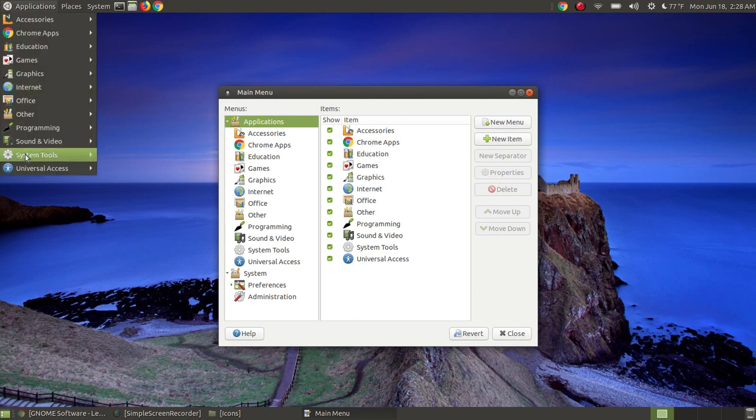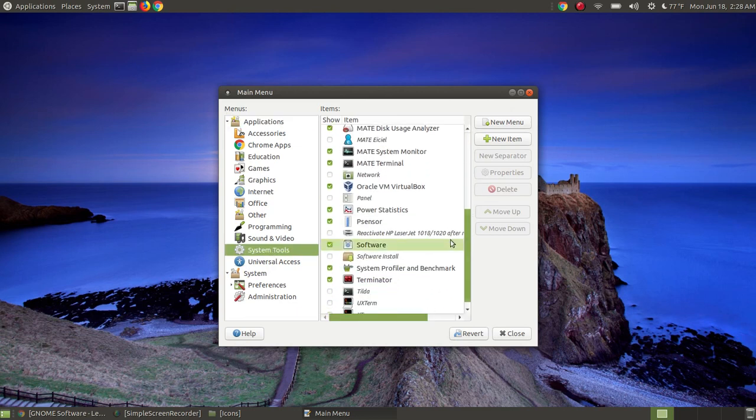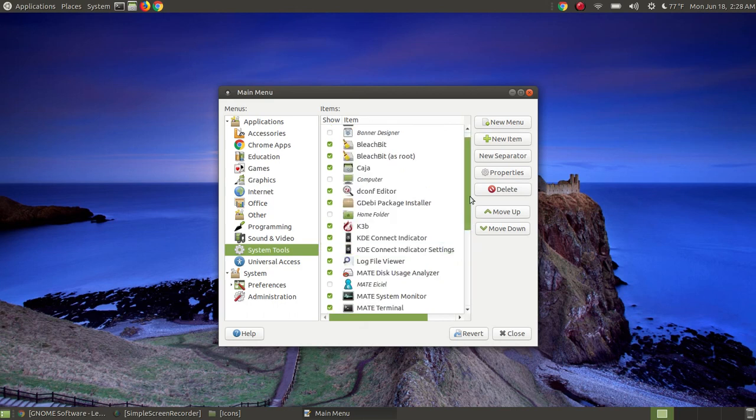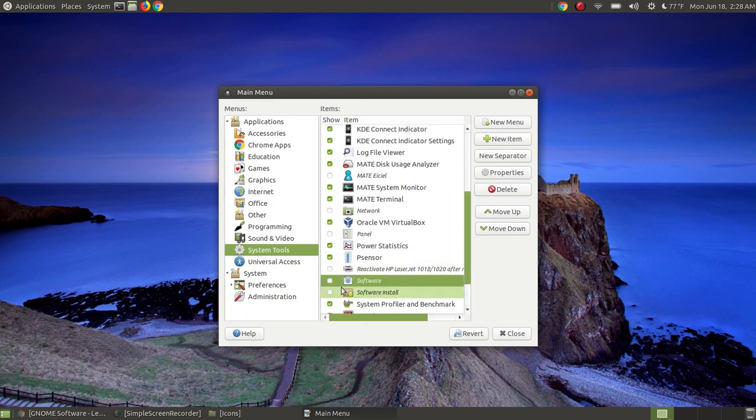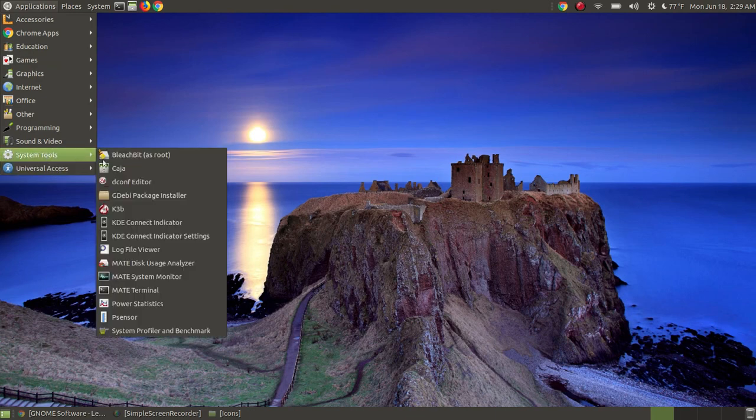This time we want to work with what's in System Tools. We're going to click on the System Tools folder, and over here on the right hand side, if we scroll down, we see Software. Remember, I can delete it, but we don't want to remove it. So I'm going to untick the software icon and the item name, and then I'm going to close. And when I go back to my applications and go to System Tools, my software is no longer in my